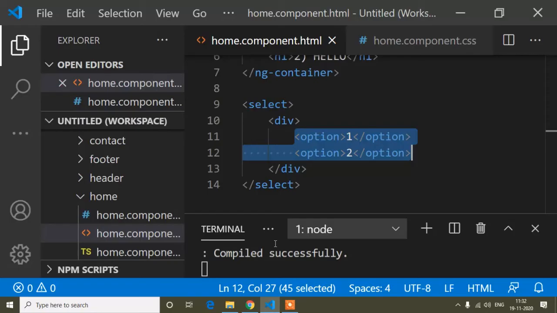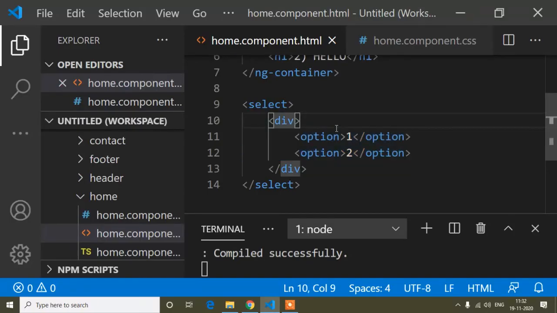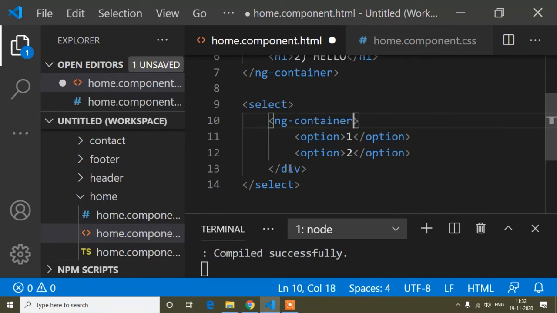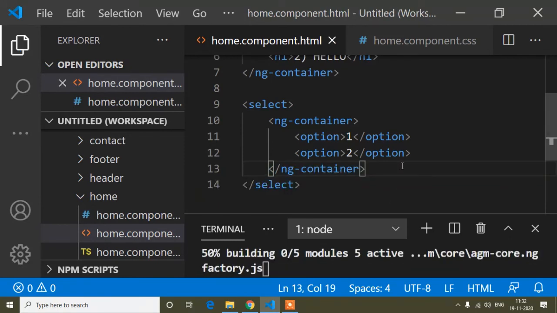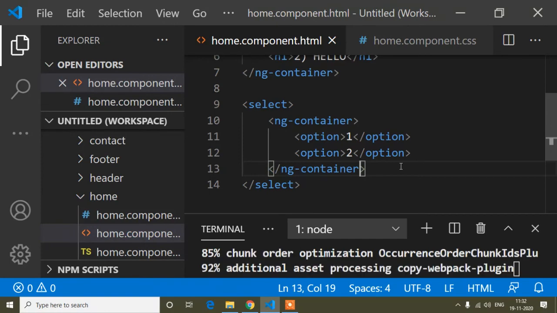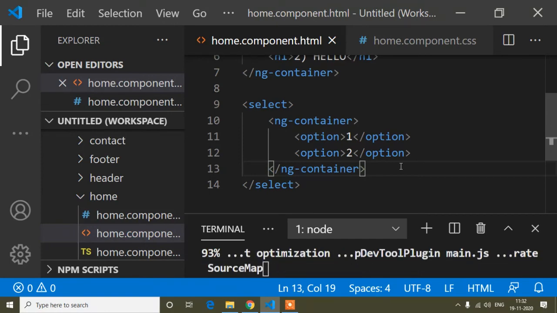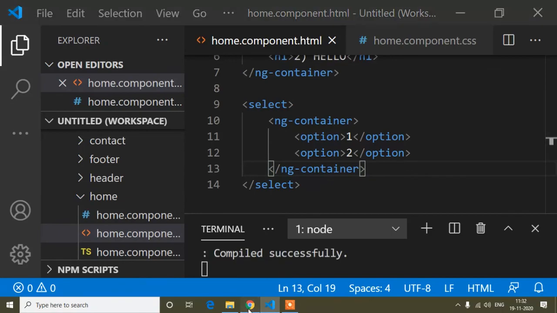But instead of div, if I write ng container, and here the closing tag of ng container, let's see what happens now. It's compiled.